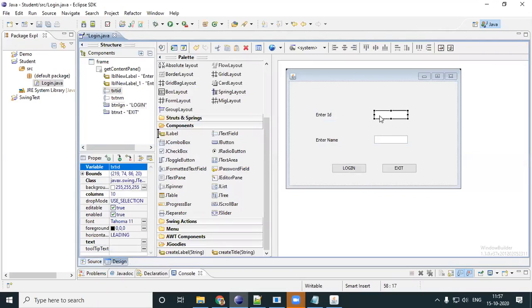So this is my first argument and this is my second argument. The content in my text ID, I will get it with my get text. So text ID dot get text is my first argument. Text name dot get text is my second argument.